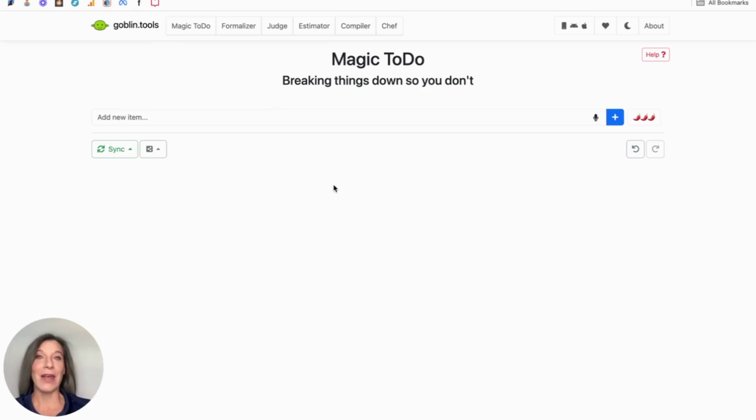We can all agree that every now and then we're given a task that just seems a little bit overwhelming. There are too many steps, we don't know how to get started, and it turns into a lot of procrastination. So in this case, we have Goblin Tools. This little magic to-do list uses the power of AI to break down that large task into more easily manageable subtasks for you to click off and feel like you're getting closer to the end result of the large task